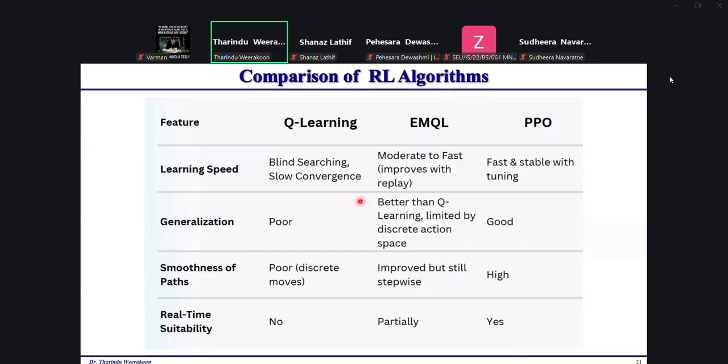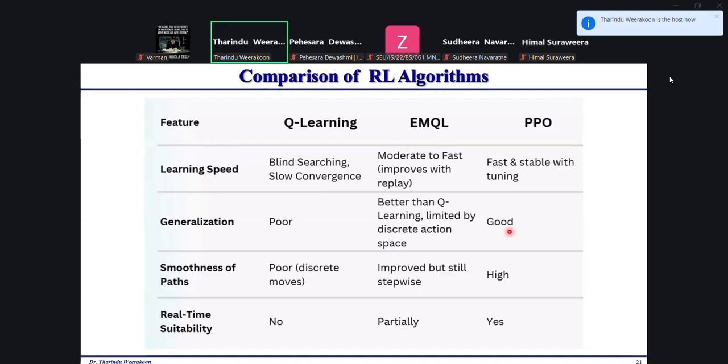Comparing those three algorithms together, we can see the learning speed is fast and stable in PPO, and the generalization is also good. The smoothness, how smoothly the turns are taken by the robot, is high in the PPO algorithm.